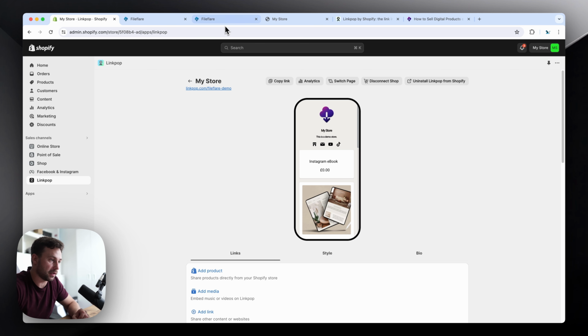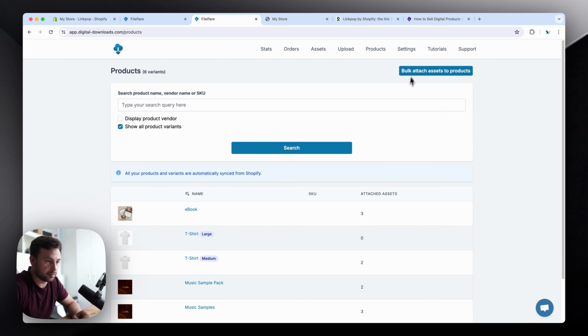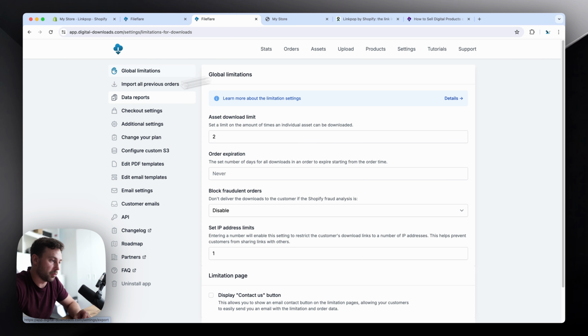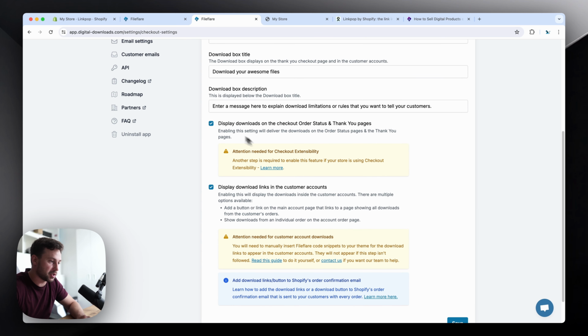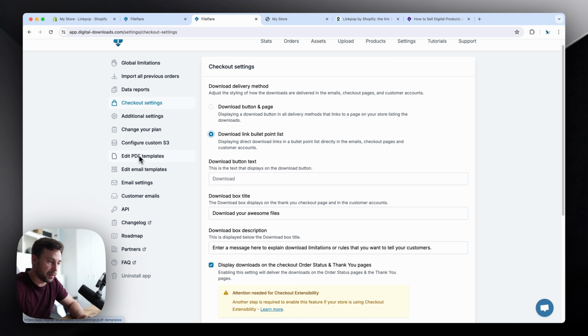So in the Digital Downloads app, we can go back to here, go down to the settings page, and have a play around. You can enable these options if you want to. You'll need to get a paid plan to unlock some of these. If you're selling PDFs, you can actually stamp a watermark onto the PDF pages, and you can lock the file so the customers can't remove the details. This helps prevent them from sharing the files with others. It's a bit of a protection feature.